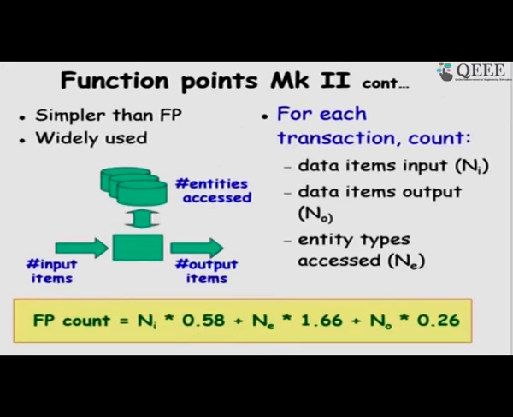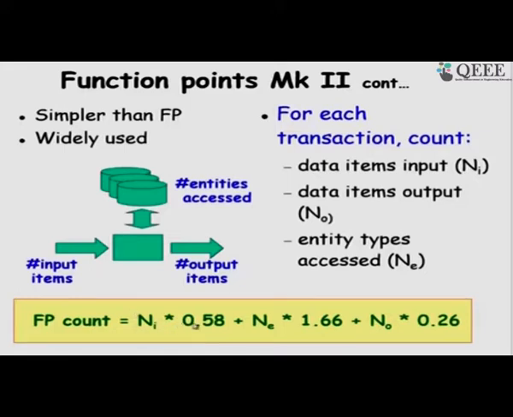So, here there are only 3 parameters: the number of data inputs, the number of data outputs, and the number of entity types that are accessed. Data that is modified or retrieved is considered accessed, and data input and output is very similar to what we considered for Albrecht, where a set of related data is counted as 1. So, once we compute that, he gave a very simple formula obtained from regression analysis: